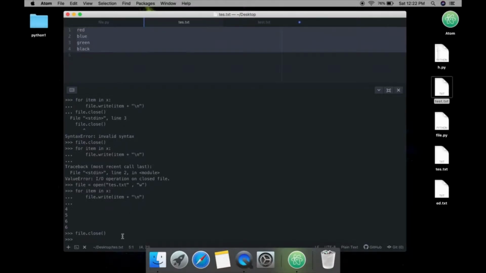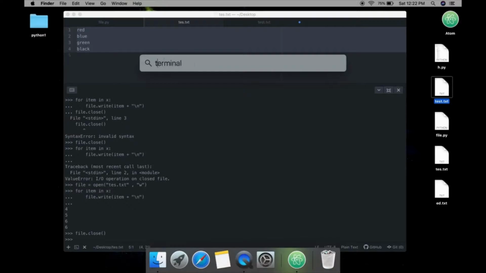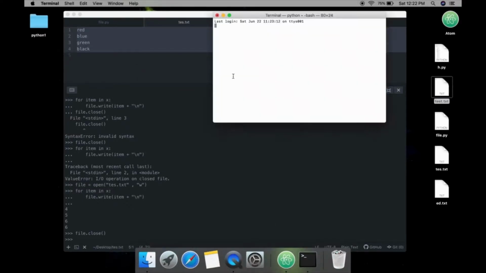One more thing, if you are using command prompt, you may get some errors like encoding type errors. That is something like if I go to terminal and try to open any file, first I get to the desktop, sorry, cd desktop. Now if you run any file in the Python shell there, like file equal to open, like here test.txt,